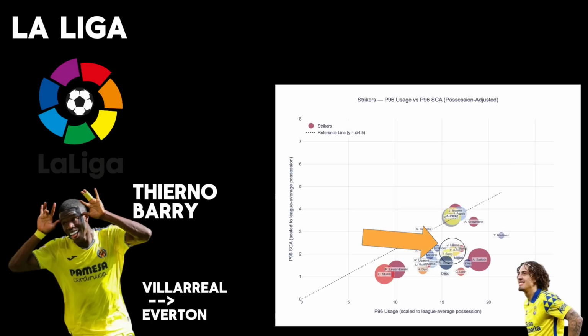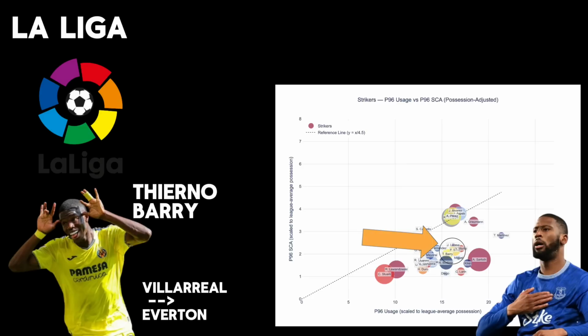He shows up quite similar to Fabio Silva on this chart. If he's anything like Fabio Silva in the Premier League, I'm not that excited. He's got a very similar position to Beto, so I guess Everton have basically signed him as a backup. So on that front, it's okay. But it doesn't seem like Barry will elevate them or give them a new look up front. So I'm not sold on this one.